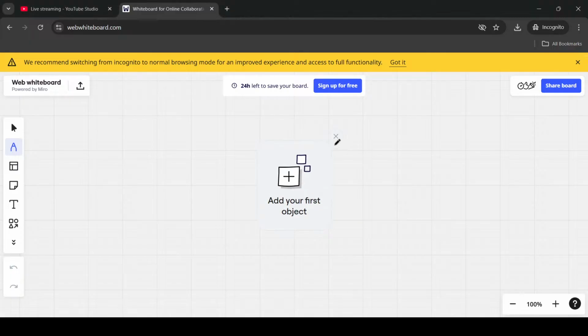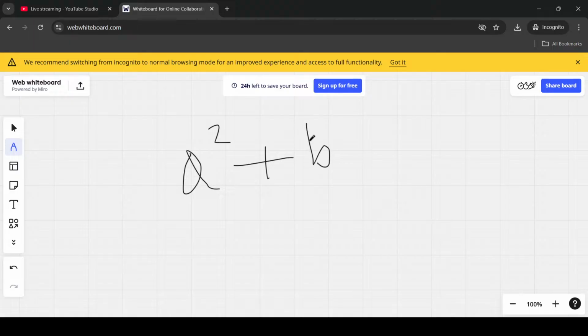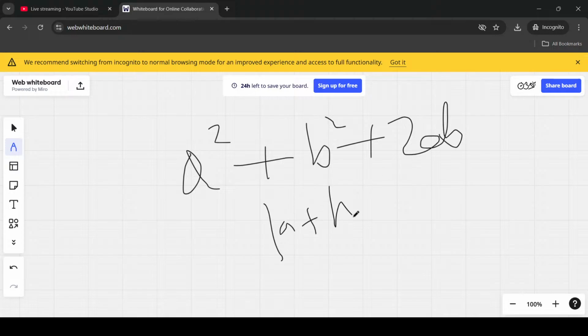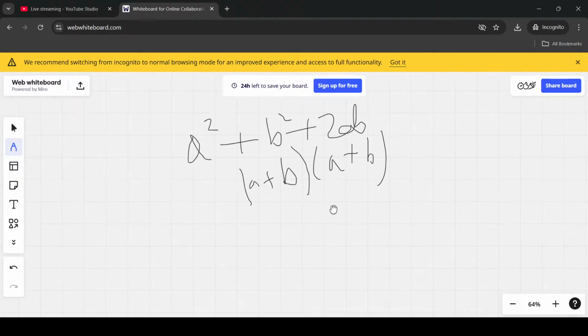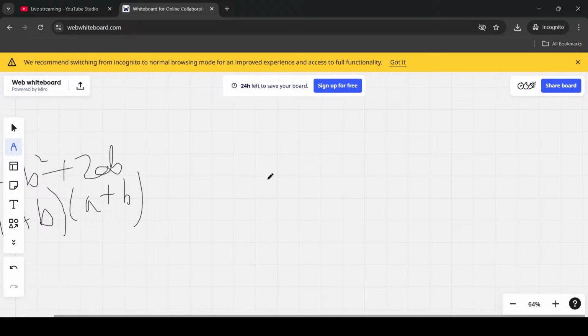Okay, this is our board for right now. For example, a square plus b square plus 2ab is factored as a plus b and a plus b. Yeah. So it is saying similarly we can also reduce